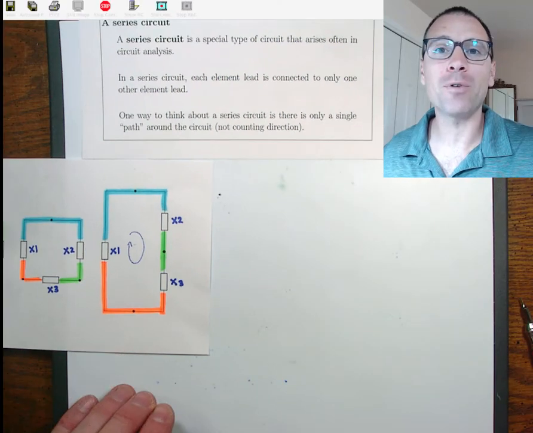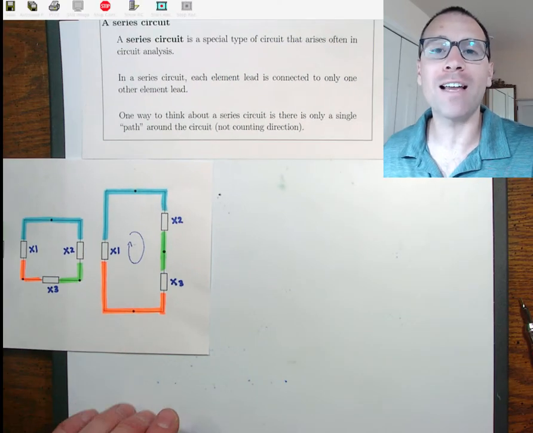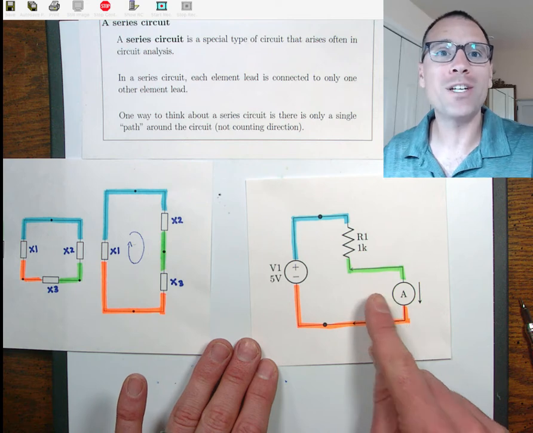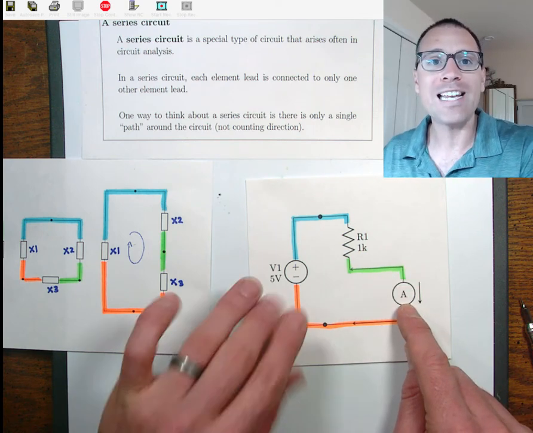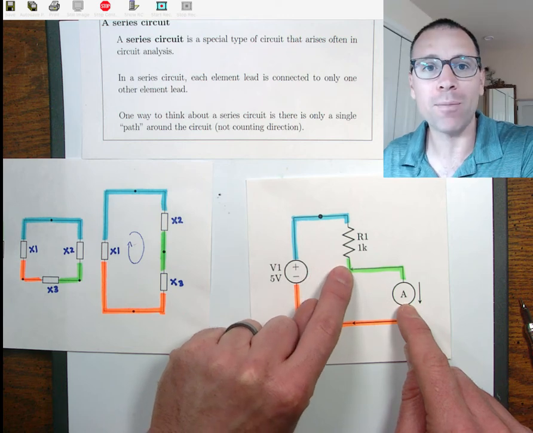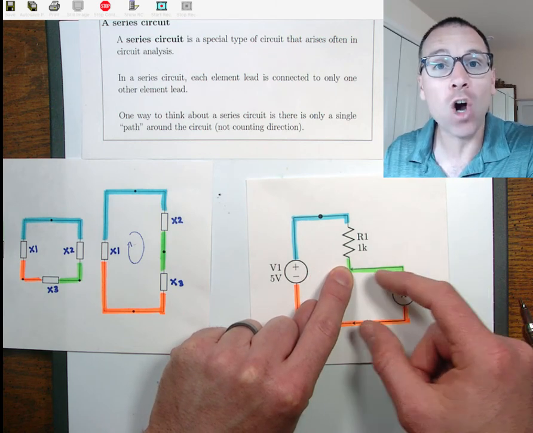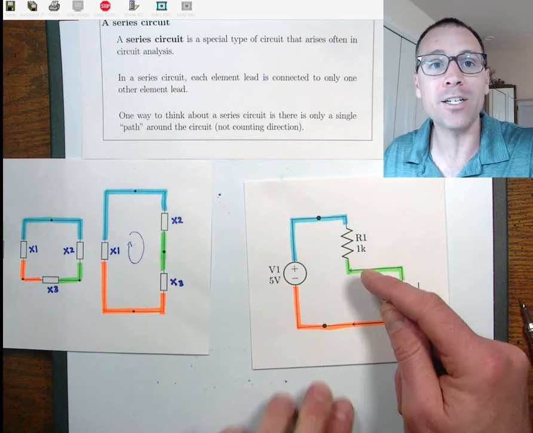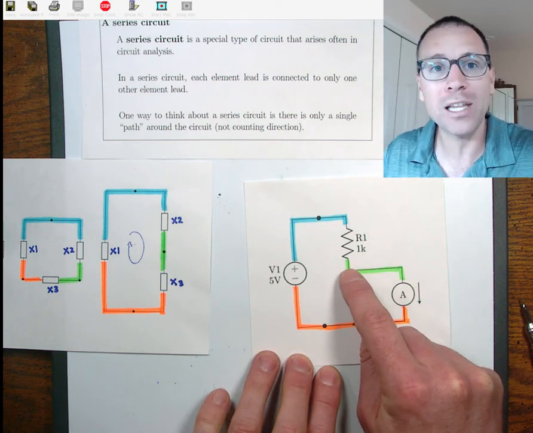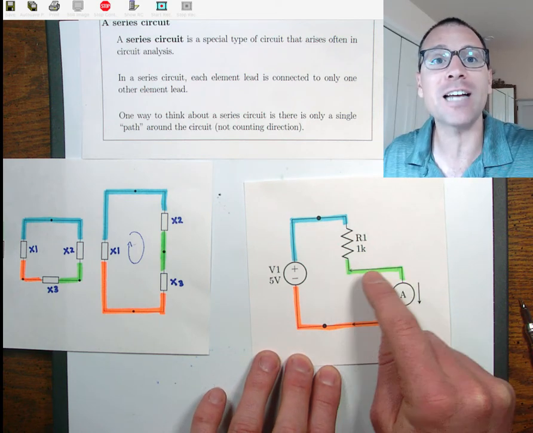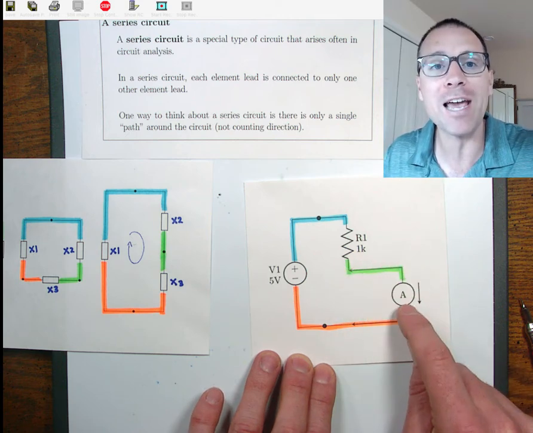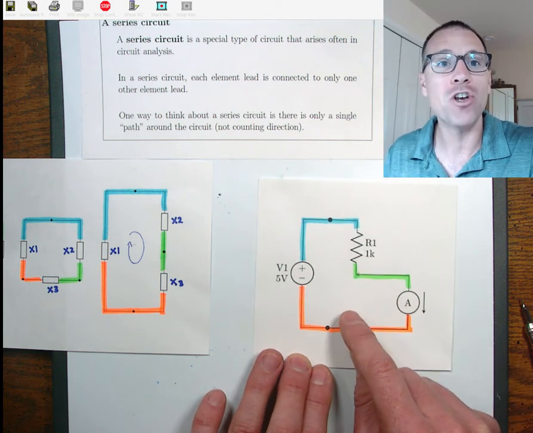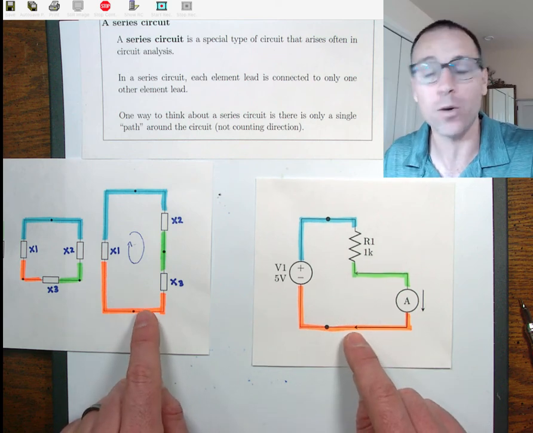Let's take a look at some examples of work we've already done that highlight series circuits. For example, when we took current measurements using an ammeter, we disconnected one lead from the circuit and inserted our ammeter in series, so that the disconnected lead connected to one of the probes of the ammeter, and the current actually ran through the ammeter as a way to measure. Notice that's in the same form, in series.